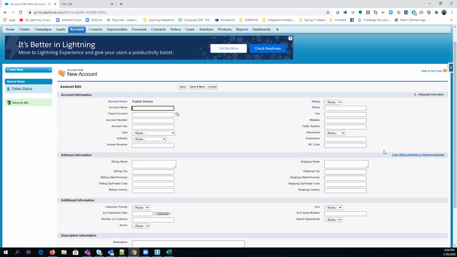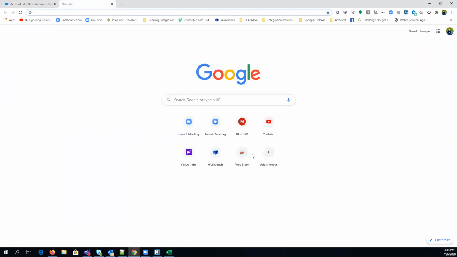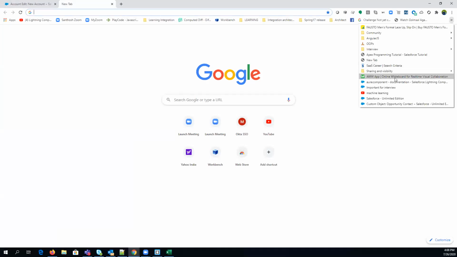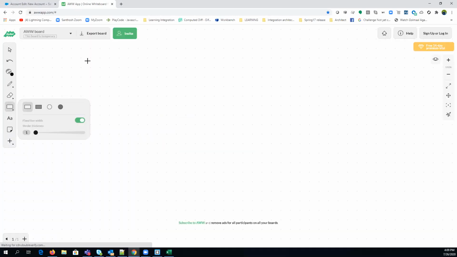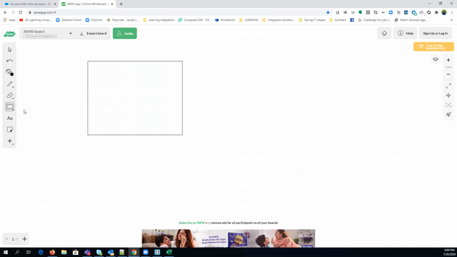So what is Apex? Apex is a server-side language. What do you mean by server-side? As we all are aware, there are certain things that you will achieve at the time of programming. Let me open and draw a diagram for you. Let's say this is your Salesforce application, and at the same time I have a database. This is Salesforce UI, and this is the Salesforce database.